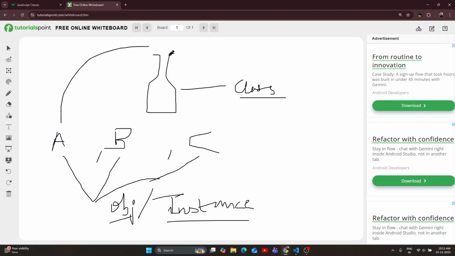So either you can put apple juice, or sometimes banana, and sometimes another type of juice. So this class can be used multiple times for different objects, right? So this is what happens in the